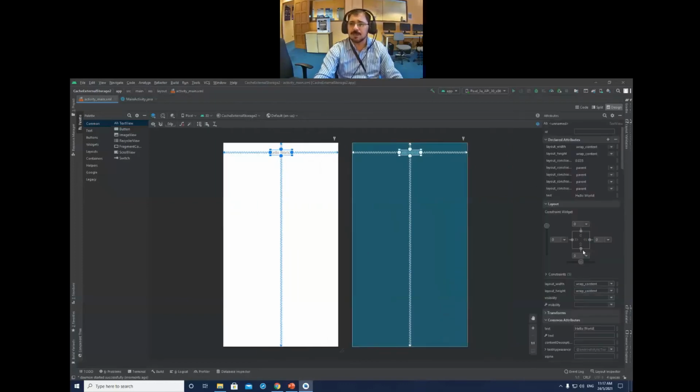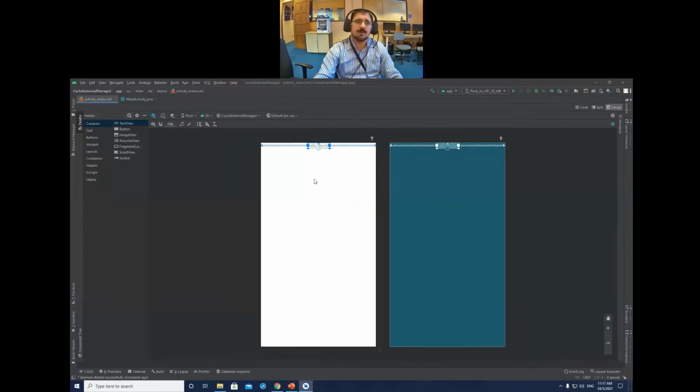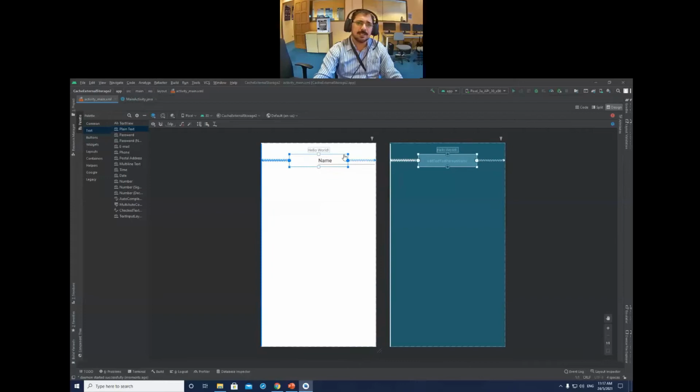So let me go to the attributes and delete the bottom constraints. After that, I need one edit text, plain text, so that we can type whatever information we want to store in the cache directory or in the internal or external directory. So connect this one with this.